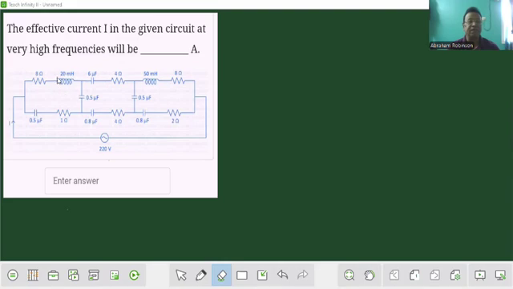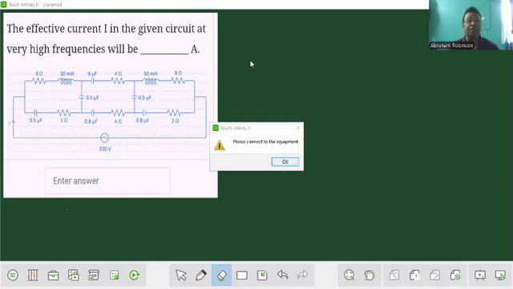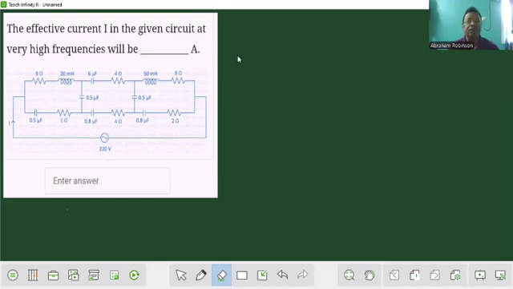What happens here is, you can see there are inductors, capacitors and resistors. When the frequency is very high, the resistance offered by the inductor, called inductive reactance, is omega L, which is equal to 2 pi N L. As the frequency increases, inductive reactance also increases, and at very high frequencies, obviously there's no current passing through that